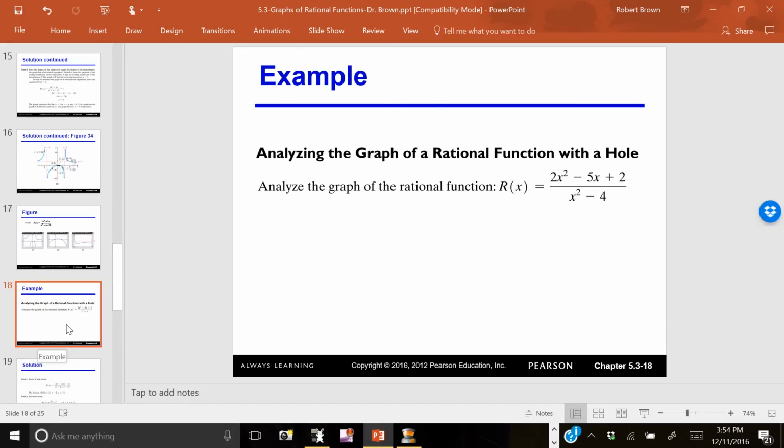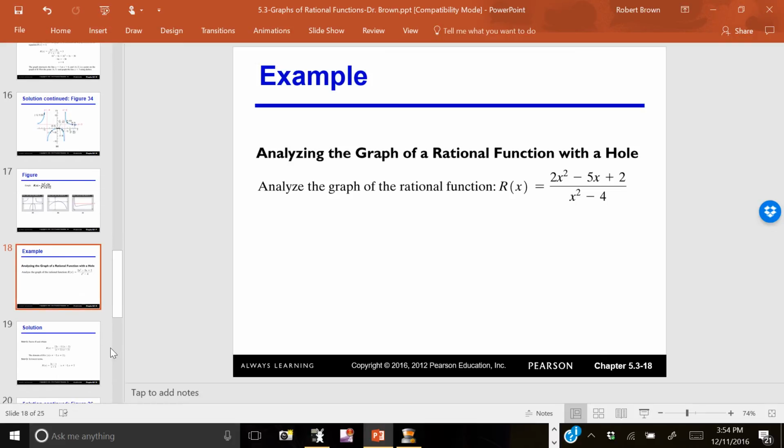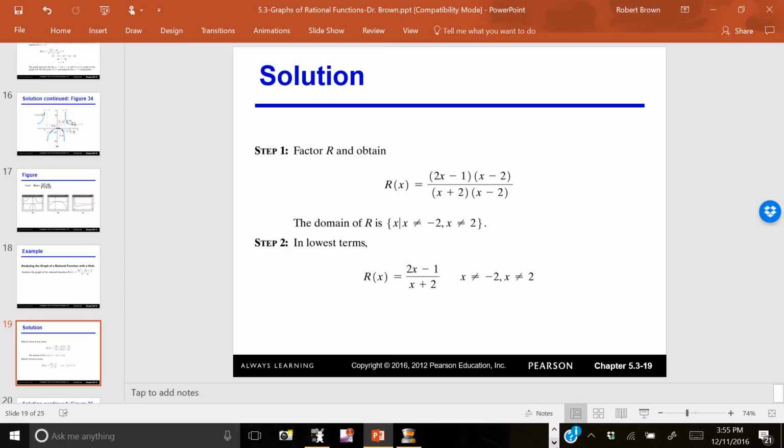Now we have an example of a graph of a rational function that has a hole in it, and we see that this occurs when there is a factor in the numerator and a factor in the denominator that cancel out. So let's go ahead and factor the numerator,